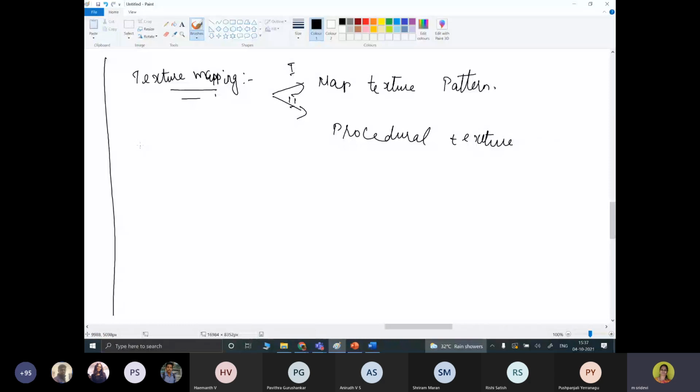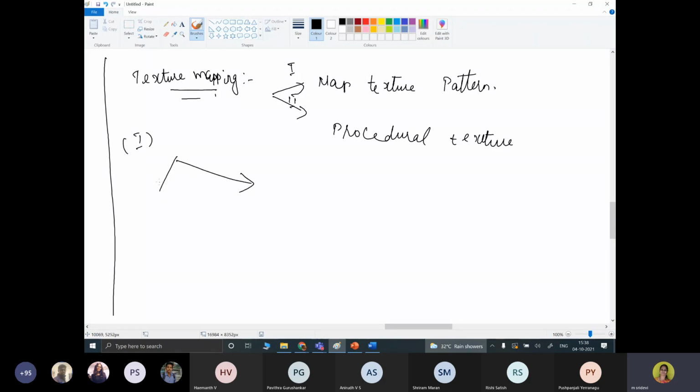In the first one, the map texture pattern, we add surface detail by mapping a texture pattern onto the surface of the object. To carry this out, texture mapping has two different ways by which we can perform this operation.